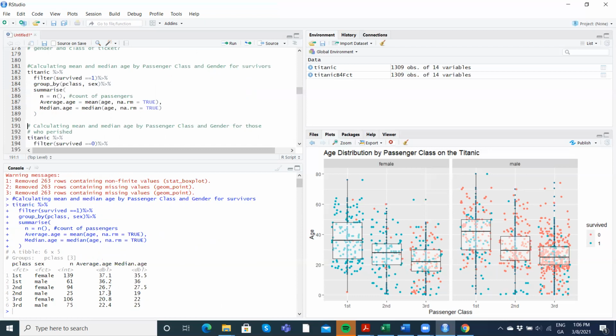Average age is 17.4, and then in third class 2022. Okay, so when we look at the median age here, let's see, we have the mean, the average age, right, and the median age. So they do correspond